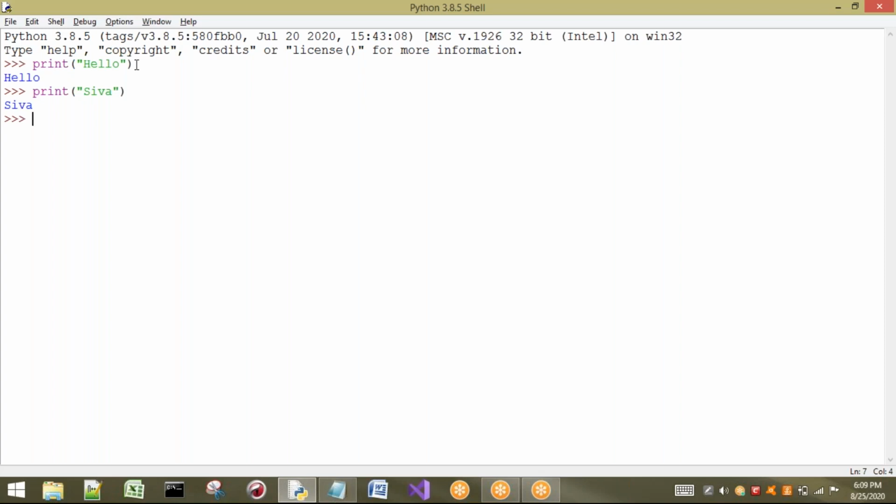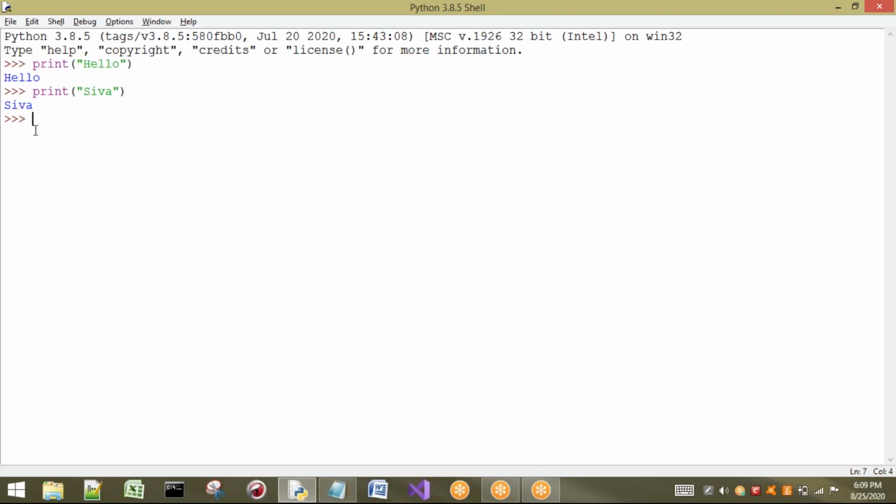After evaluating, if everything is correct, it is going to print the output. Here the statement I have written is correct, so it has read the statement, evaluated it, and printed. Reading is completed, evaluating is completed, and printing is completed.